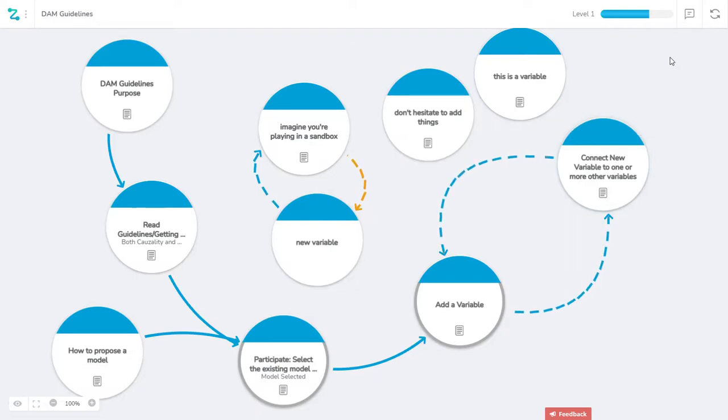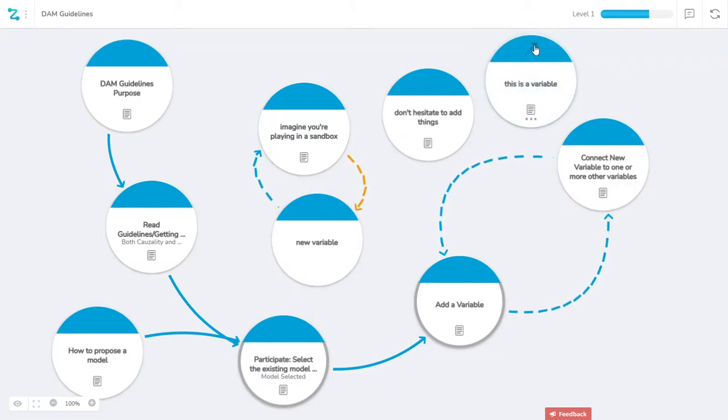Connecting one variable to another, well, if you click in the white space, you can move it around. If you click anywhere in the blue space, you can use that to connect it to some other variable, and then you can identify whether the relationship is same or direct, O for opposite, or a cloud to say, I don't quite know what the relationship is at the moment and it needs to be sorted out.